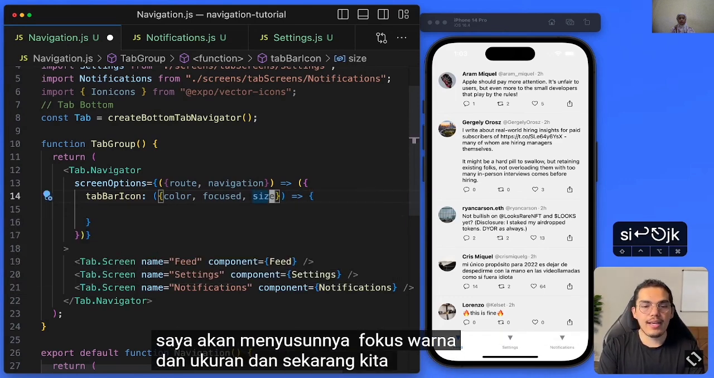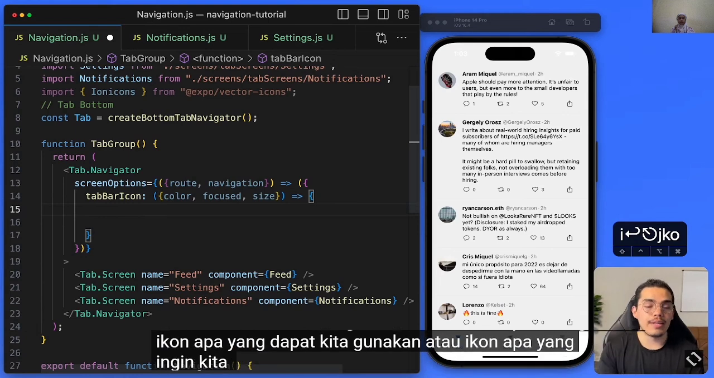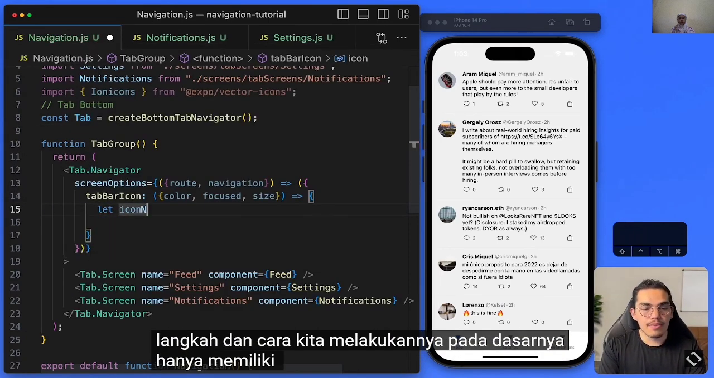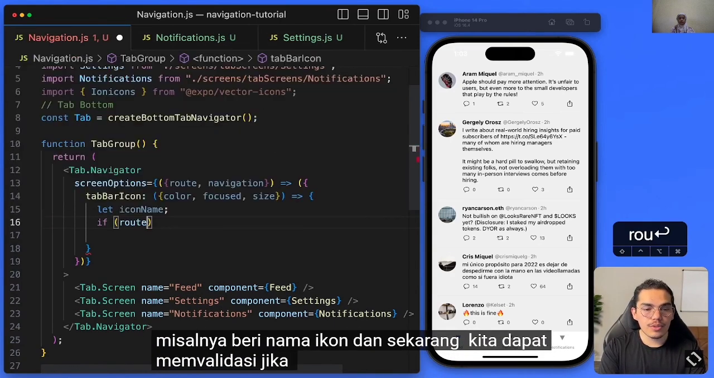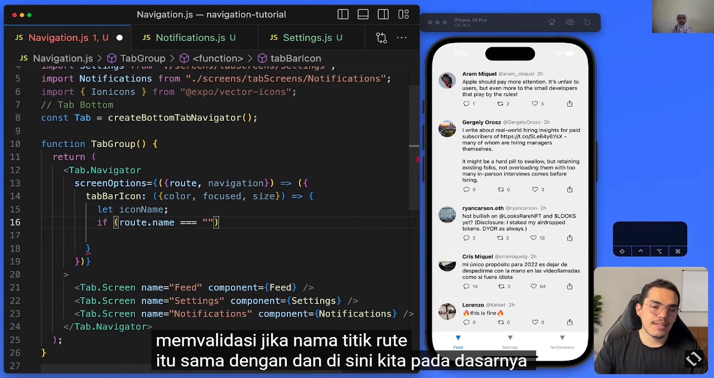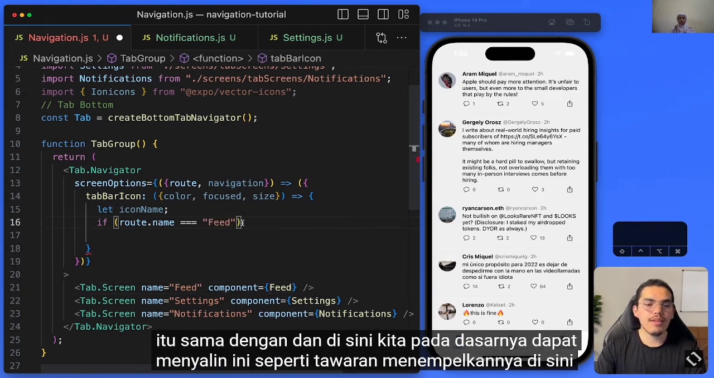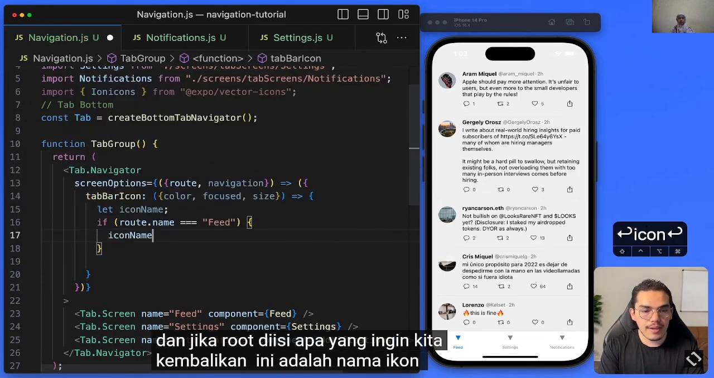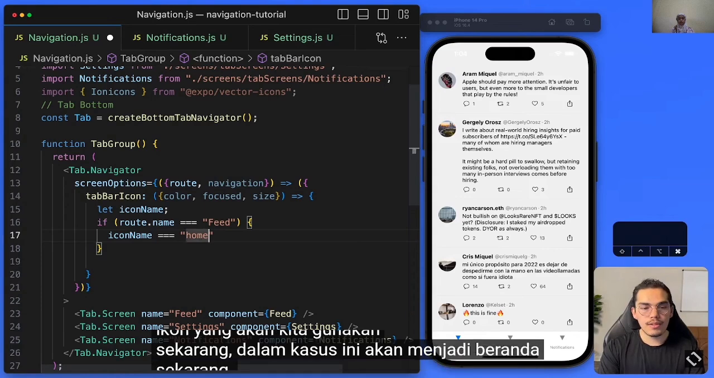And now we can actually say what icon we want to use on each screen or on each tab. And the way we do that is basically just having a simple validation. For example, let iconName. And now we can validate if the route dot name is equal to, and here we can basically copy this feed and paste it here. And if the route is feed, what we want to return is an icon name, and the name of the icon that we're going to be using, right? In this case, it's going to be home. Now, if I hit save,